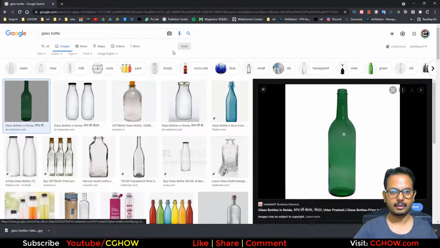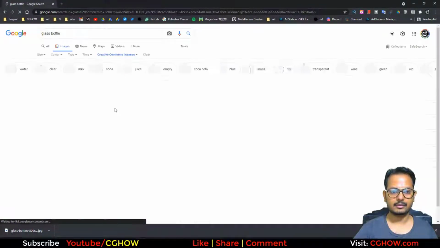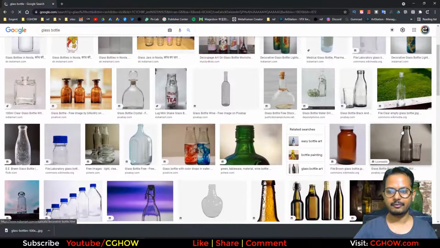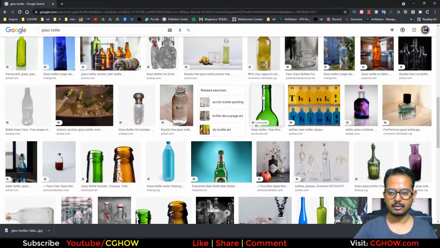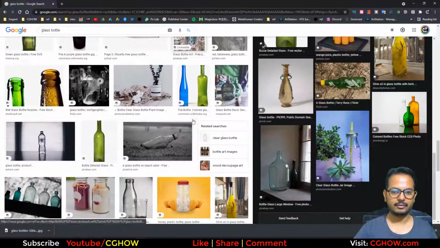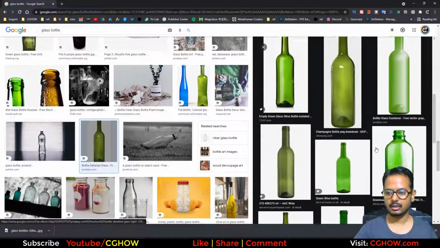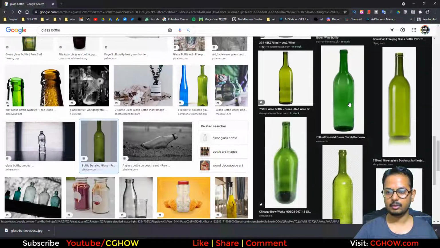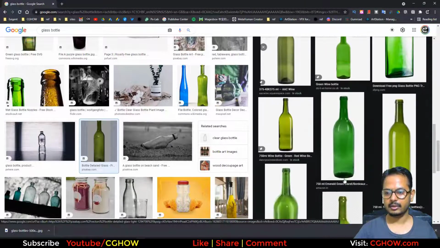If you can just go here and take the Creative Commons license, then you can find some free ones. If you can find some free one like this, yeah, I can use this one. This is also free, so that will be good for me. So I'll save this one,